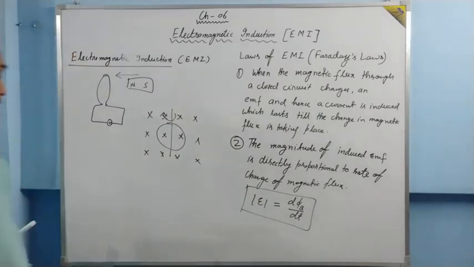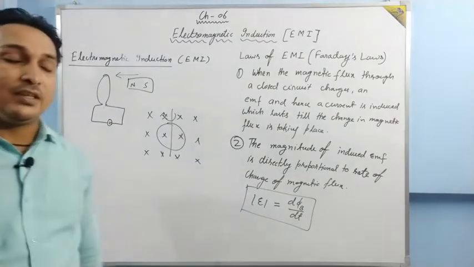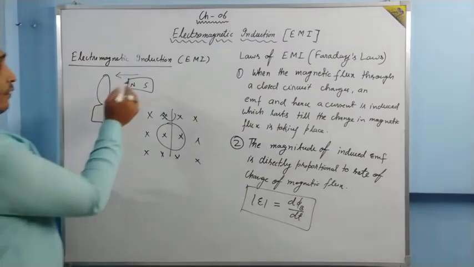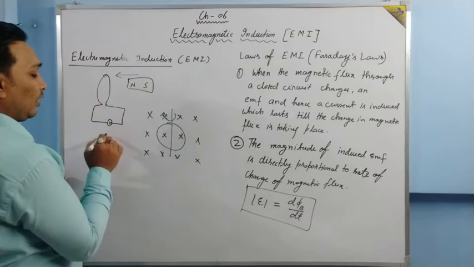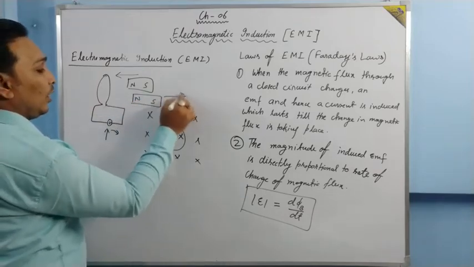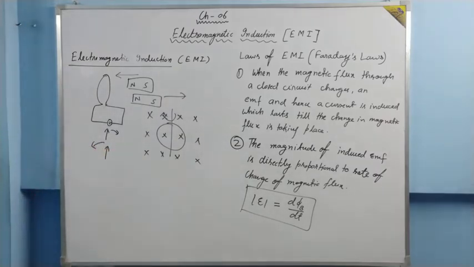But I am trying to tell you a very important thing. Faraday says the magnitude of induced EMF. Why does he say magnitude of induced EMF? Because we observed that when the magnet is brought near the coil, the galvanometer deflection shows this side. When the magnet moves away from the coil, deflection goes this side. So why is there this change in deflection? Why does the direction of EMF, or you can say the direction of current, change? Faraday was not able to find the reason behind the change in direction.